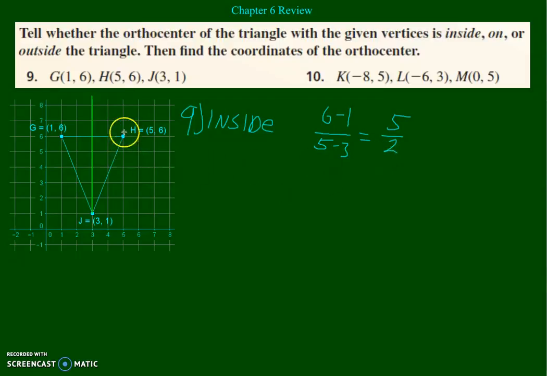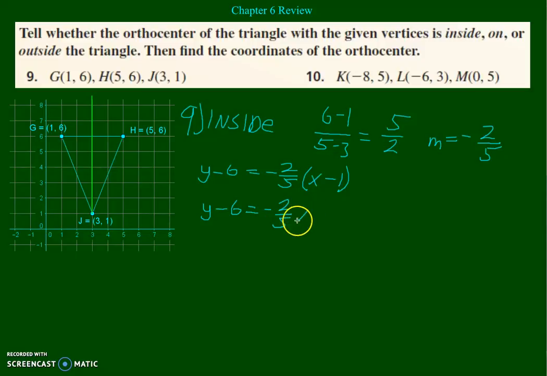Now, the slope of a line perpendicular to this is going to be the negative reciprocal, so my target slope is going to equal negative 2/5. Not terribly pretty. Alright, now we need the equation of the line through this point with this slope. So let's use this and the point slope form. So y minus y1, which is 6, equals m, negative 2/5, times x minus x1, which is 1. So let's work this out. y minus 6 equals negative 2/5 x plus 2/5, and then y